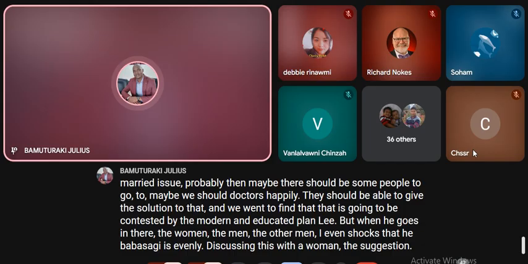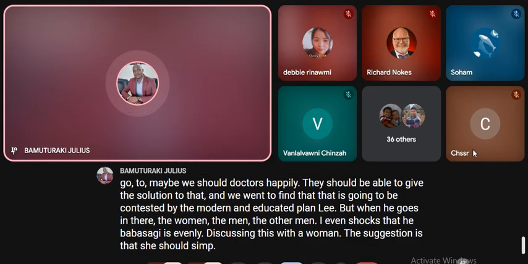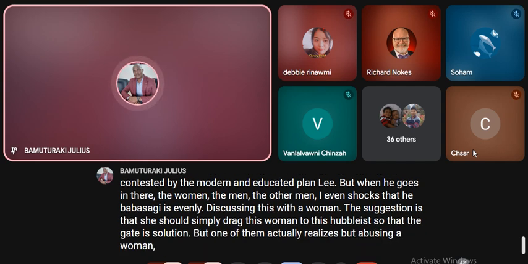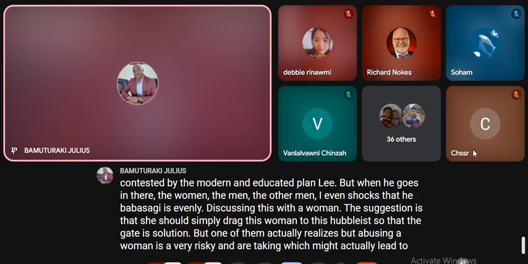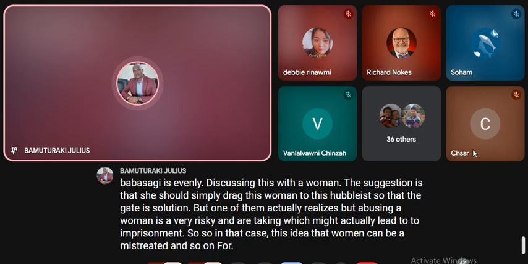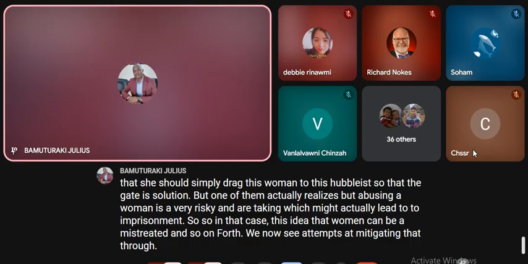The suggestion is that he should simply drag this woman to this herbalist so that they get a solution. But one of them actually realizes that abusing a woman is a very risky undertaking, which might actually lead to imprisonment. So in that case, this idea that women can be mistreated and so on and so forth, we now see attempts at mitigating that through imprisoning offenders and perpetrators of the victims,